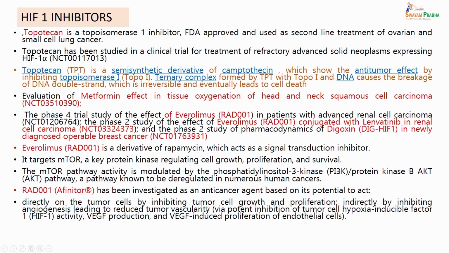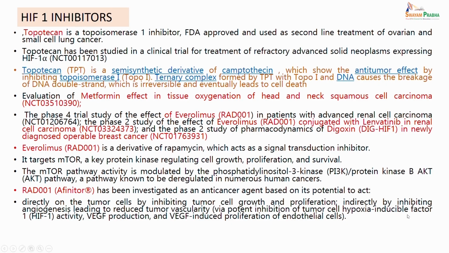It has been investigated as an anti-cancer agent based on its potential to act directly on the tumor cells, inhibiting tumor cell growth and proliferation, and also indirectly by inhibiting angiogenesis. So it is able to act both directly and indirectly. Directly, it inhibits tumor cell growth and proliferation, and indirectly, it leads to reduced tumor vascularity, and the vascularity is decreasing because of the